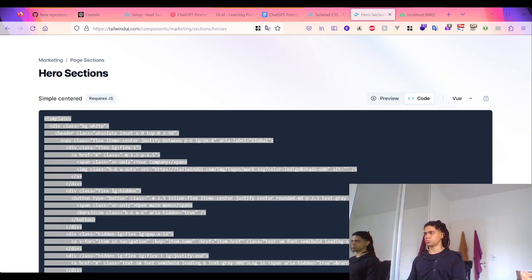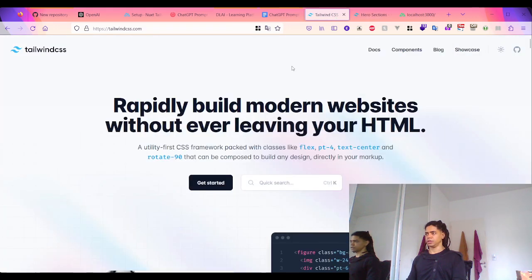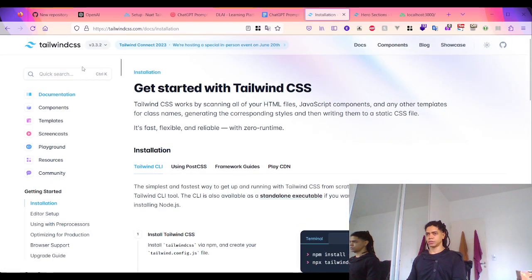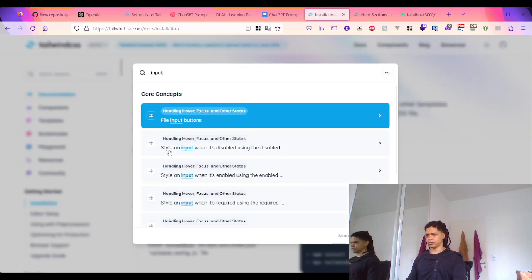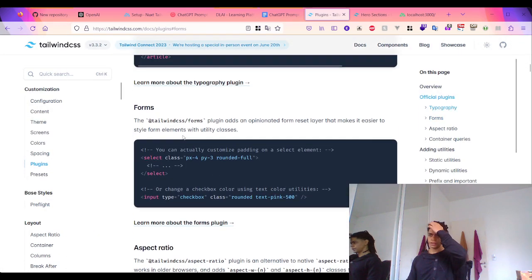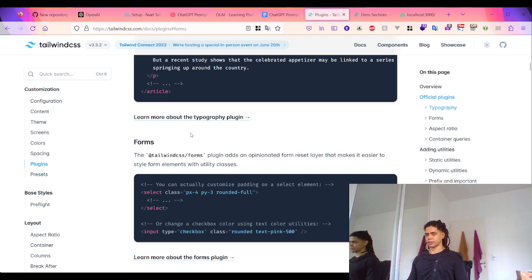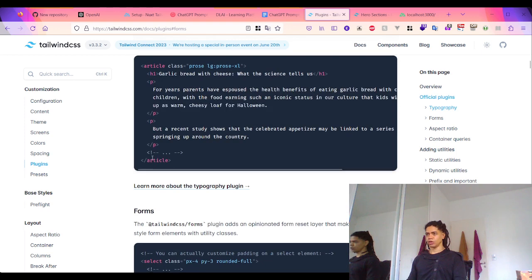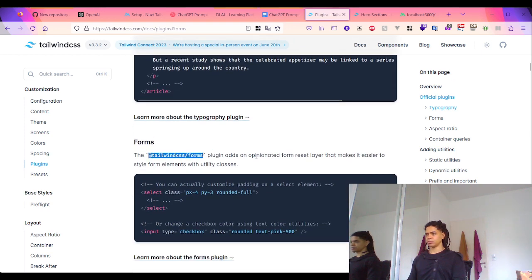So if I go now to the inputs here, like the docs, that is the input here. Form inputs, form, that's right. It is funny because after all, this is a plugin. The Tailwind Forms plugin adds an opinionated form reset layer that makes it easy to style form elements with utility classes. Okay, Tailwind Forms, which is a plugin,